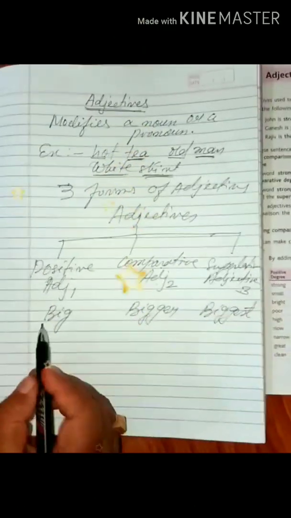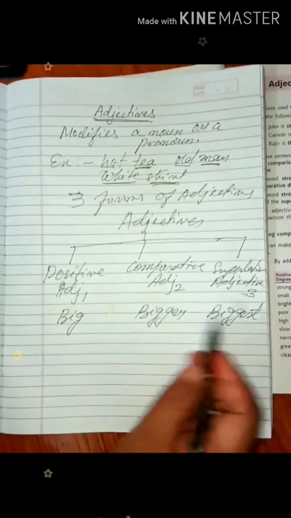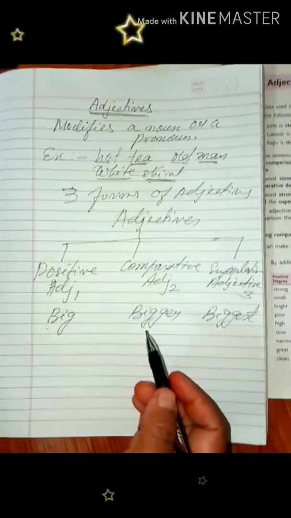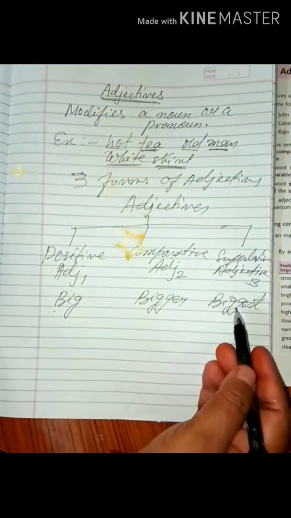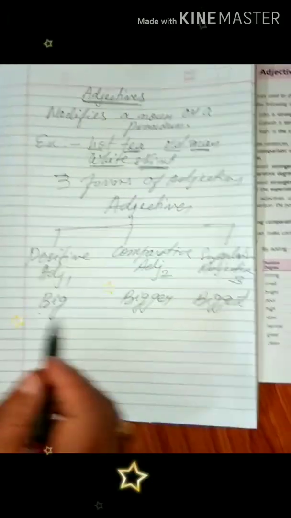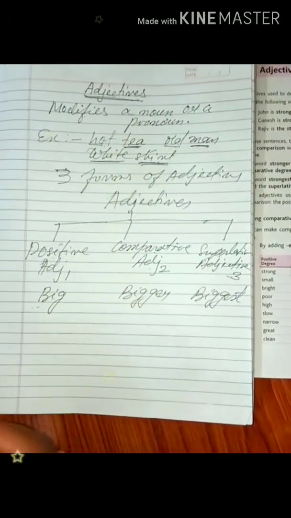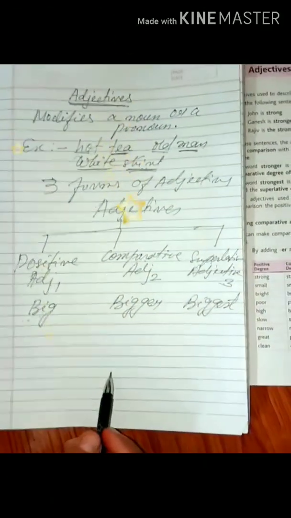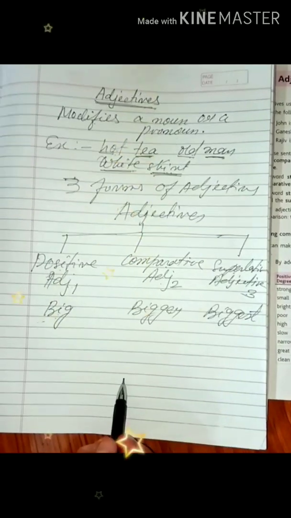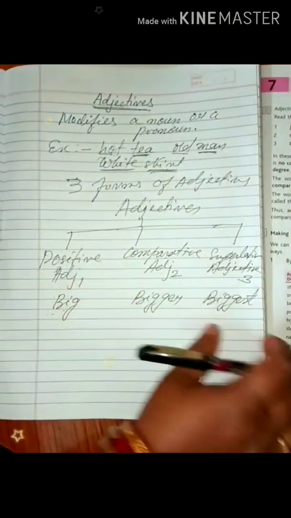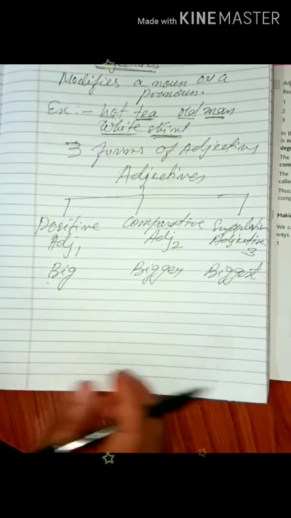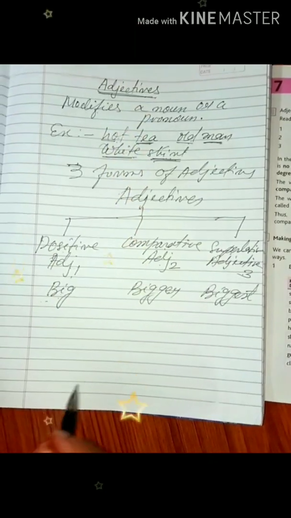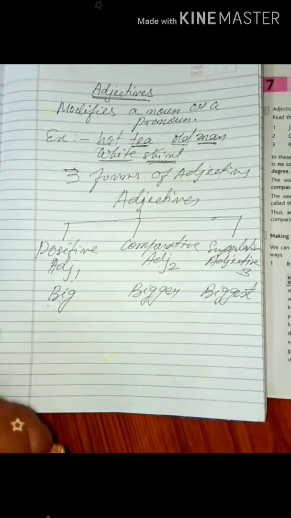So here you see how the adjectives are increasing. In the positive it is simple, big. Then in the comparative it is a little more than that, bigger. And in the superlative it is biggest. So these express the intensity of adjectives in increasing order, that is big, bigger, biggest. Isn't it? Now you can see the uses of a comparative adjective. The positive adjective is simple, just like an adjective only. The words that come under adjectives go under the positive degree.